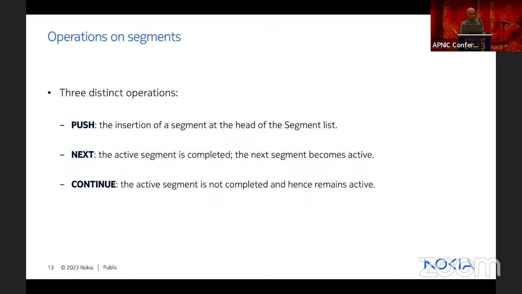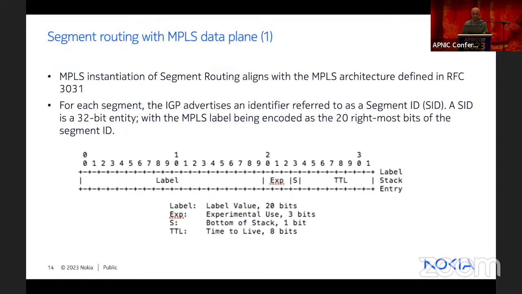So the active segment is not completed. That means, right? So you end up with the same label. So push, next, and continue. 3 operations. So with the MPLS